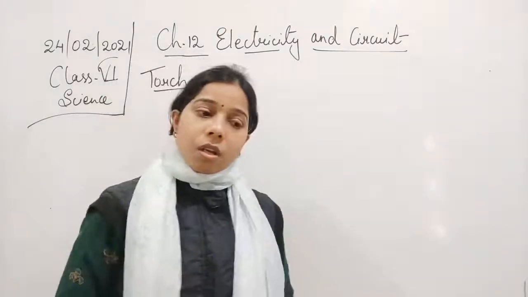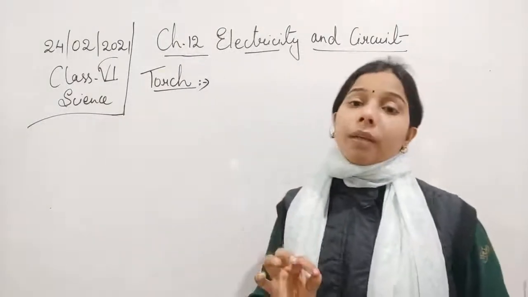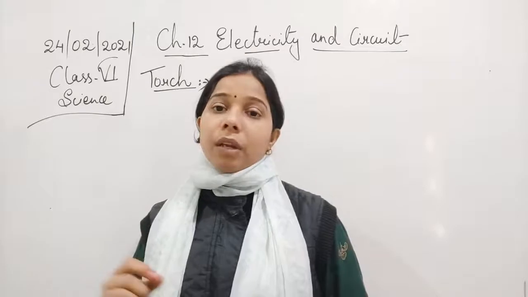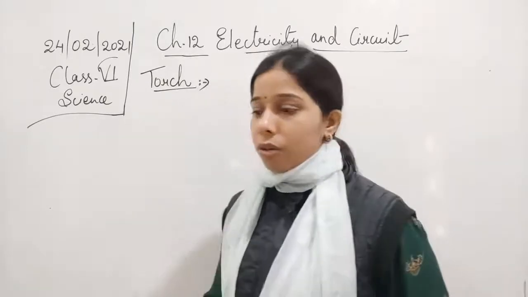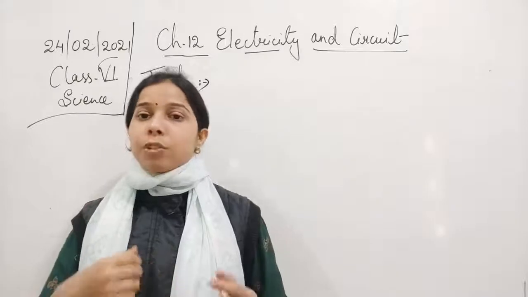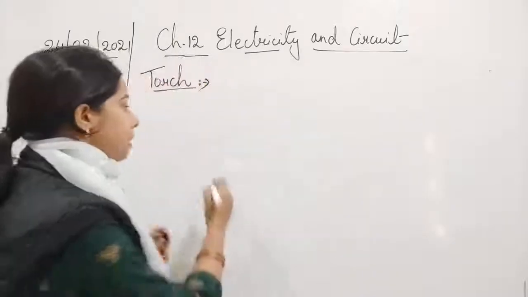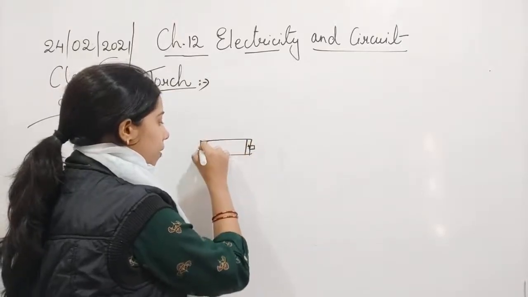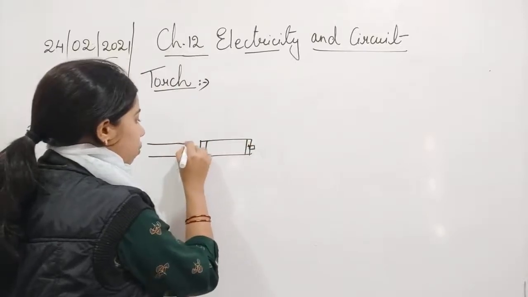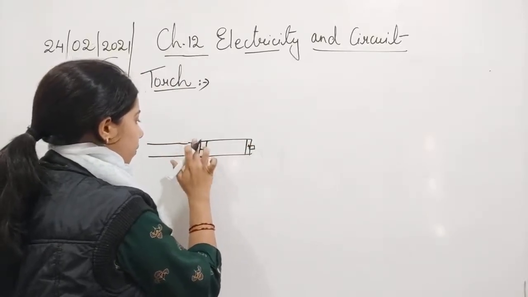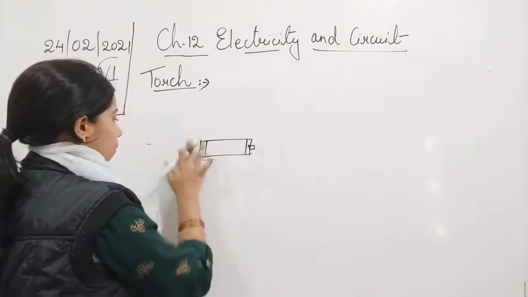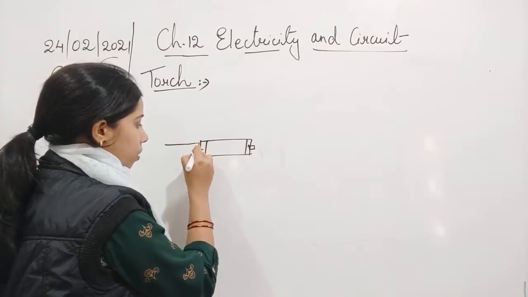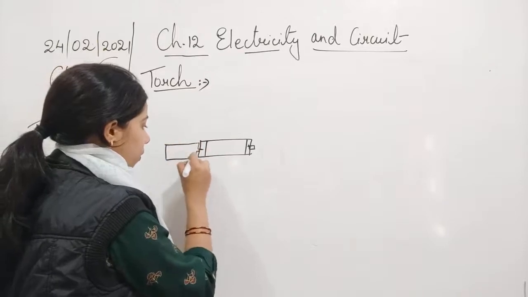What is a torch? A torch is a portable electric lamp which includes two or more cells to light a small bulb. You have seen that in a torch we use two cells. Two cells are used, and these cells are always connected in a proper manner. If suppose this is one cell, this is the positive end and this is the negative end, so the other cell is connected in such a way that its metal cap touches the other terminal.